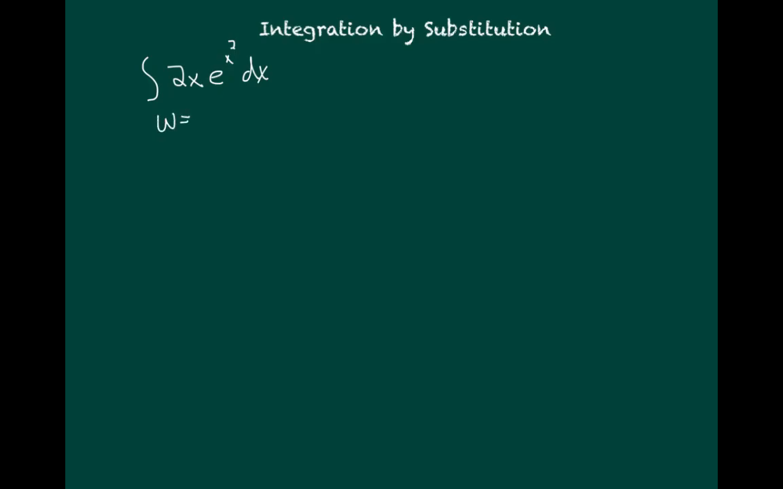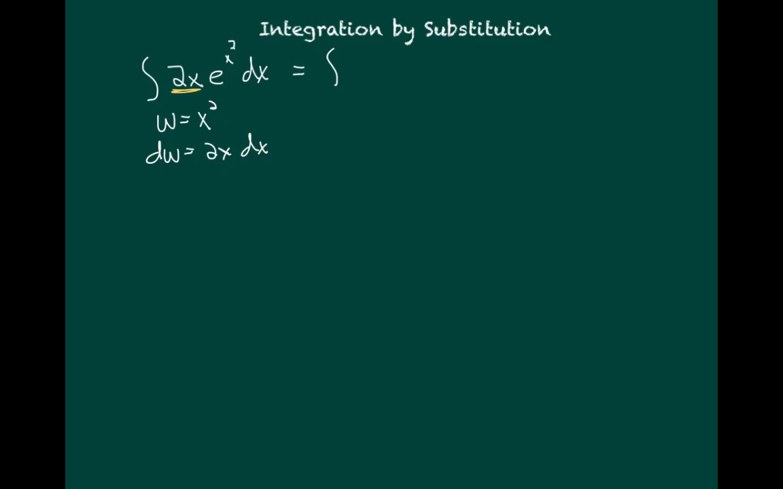W is going to equal my inside function, x squared, and rather than solve for the dw, I'm just going to start out writing that dw is going to equal 2x dx, and skip that step of having to multiply both sides by dx. Alright, now that I have all w's on the left side and x's on the right, I'm just going to rewrite my integral with w's. So 2x is